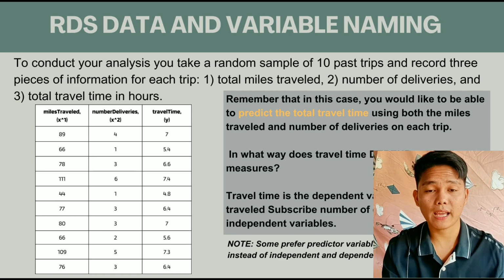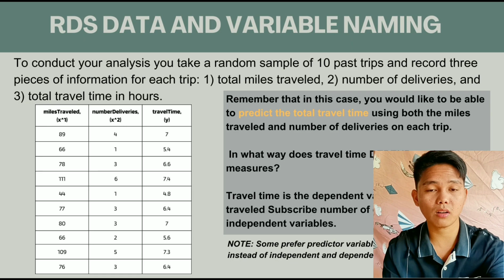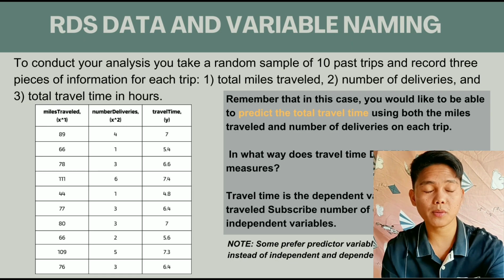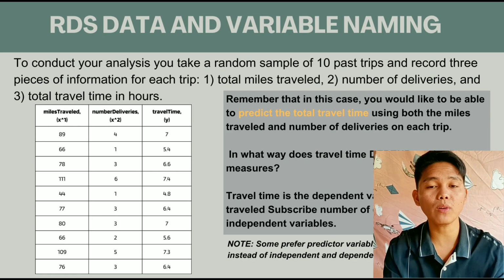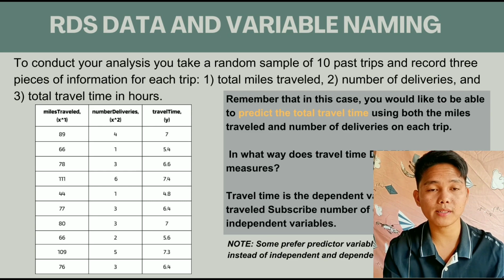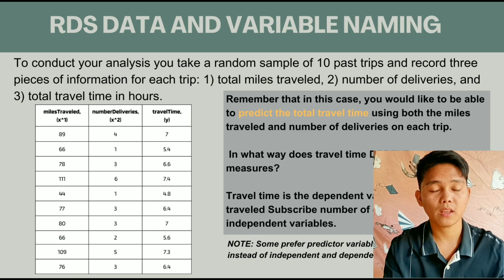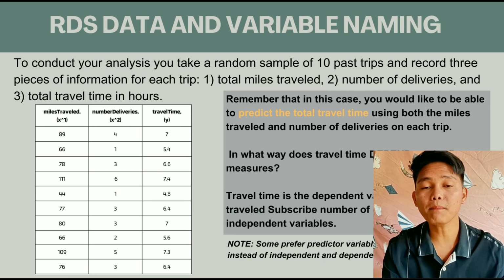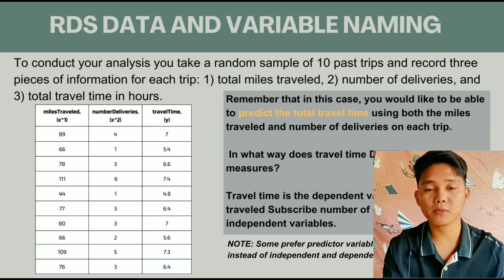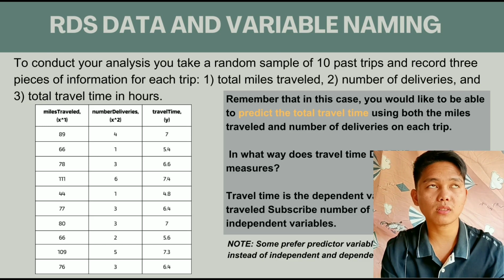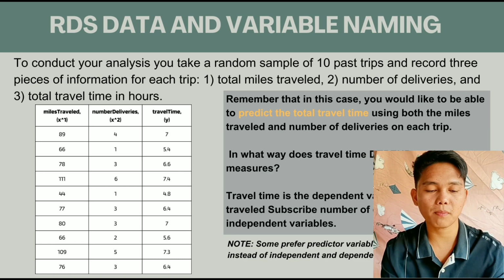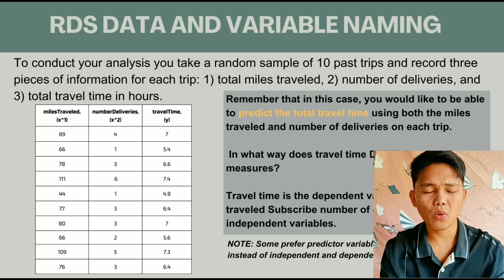The travel time here in the last column represents y, and that is our dependent variable, and we will use the independent variables of miles traveled and number of deliveries, or x1 and x2. One note here is that some prefer predictor variables and response variable instead of independent and dependent variable, respectively. Since most statistics textbooks use dependent and independent variable, we are going to stick with